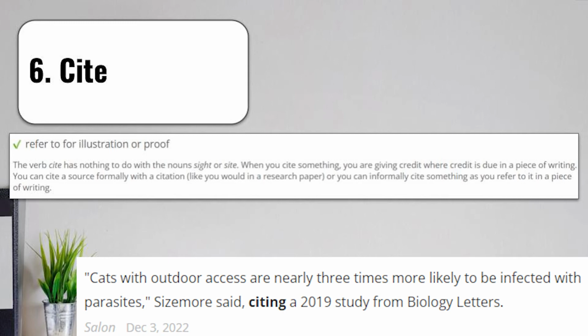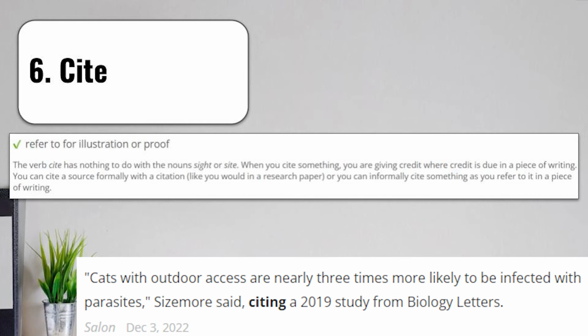The verb cite has nothing to do with the nouns cite with an S, S-I-G-H-T, or cite, S-I-T-E. When you cite something, you are giving credit where credit is due in a piece of writing. You can cite a source formally with what we call a citation, like you would in a research paper. Or you can informally cite something as you refer to it in a piece of writing. So think of cite as giving credit to someone else or using somebody else's ideas to help support your